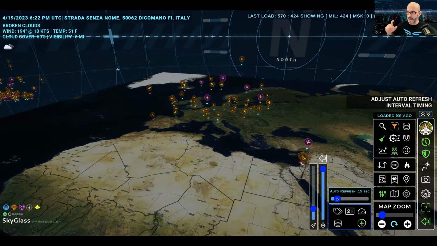You can get SkyGlass ahead of itself if you turn that auto refresh down too low and you have a bunch of stuff enabled. Traces are an example of that. We'll get into that more in a little bit, but it's not that hard. SkyGlass right now is very open. There's a lot of